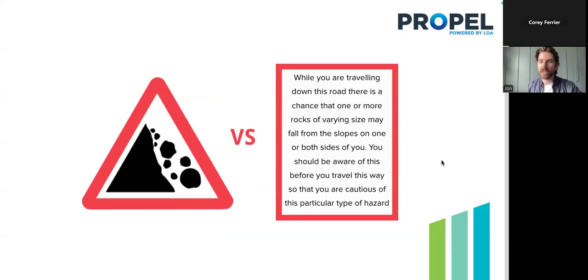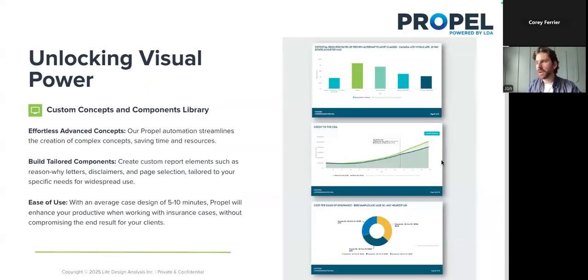I think all of us here can agree that it's the image on the right, because clearly we can see what the visual is telling us as opposed to reading the equivalent text. So this again speaks to the statistic that visuals are processed 60,000 times faster than numbers and text. So that's one of our main purposes with Propel, to support you with your insurance recommendations